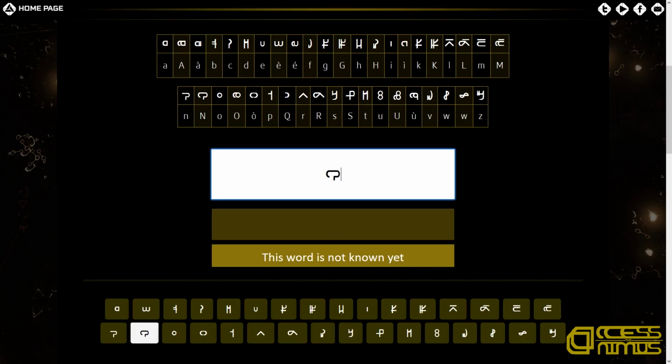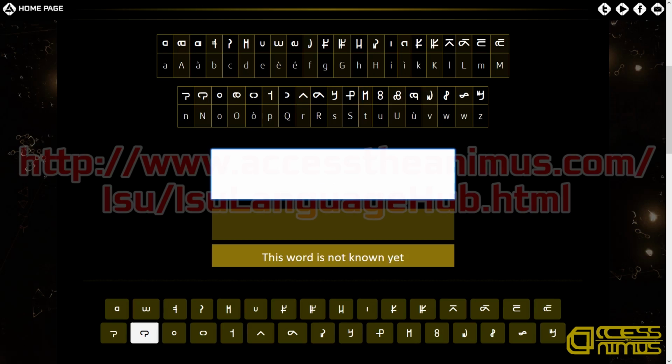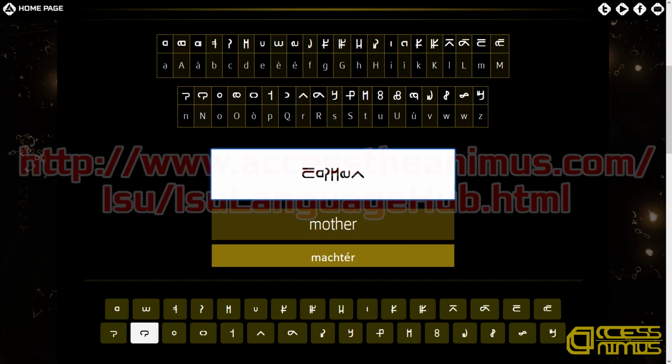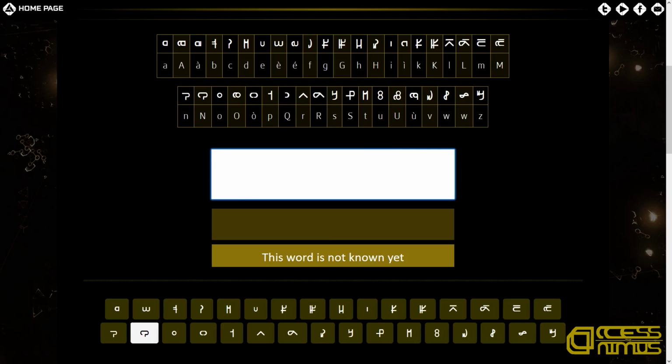And that's it for the presentation of our new Isu Language Hub portal, which again you can find at www.accesstheanimus.com/isu/isulanguagehub.html. It was a labor of love that started as an internal side project and after a few months turned